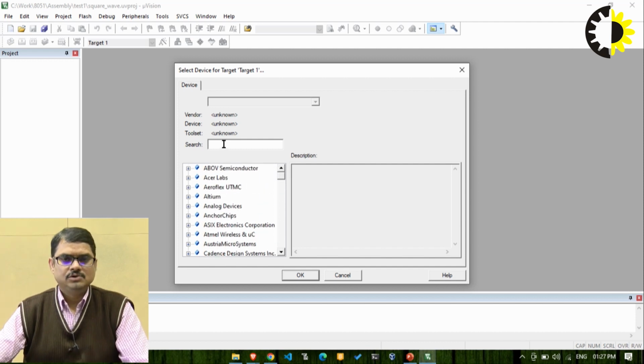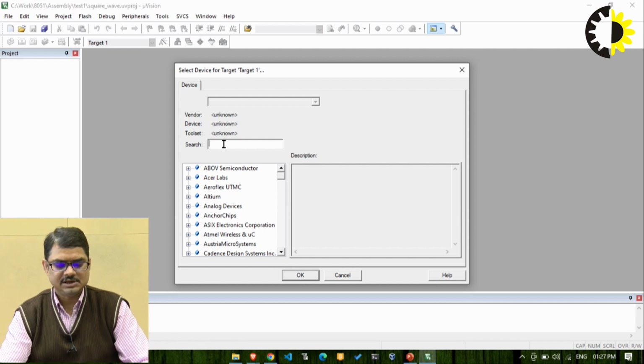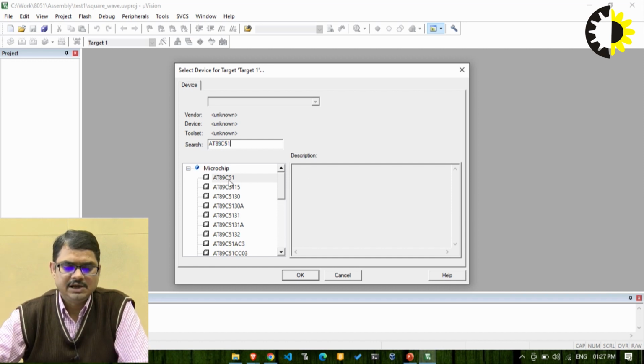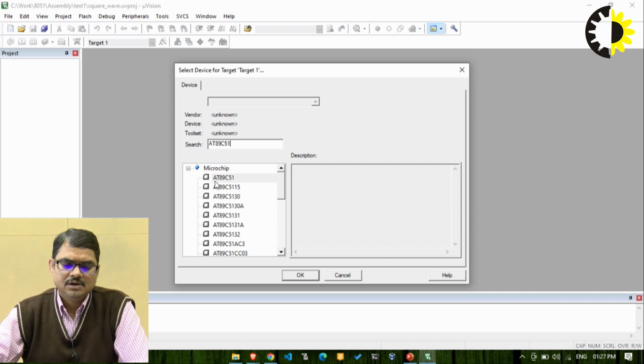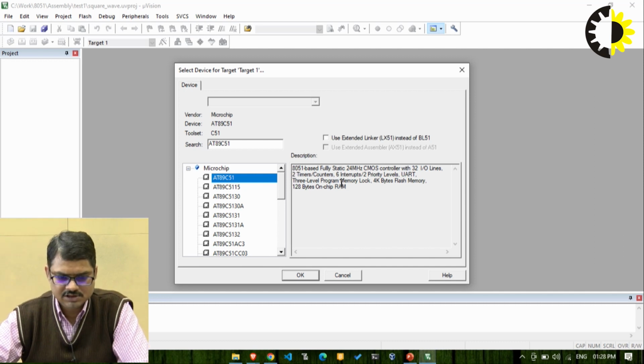So we are going to work with the 8051 variant of microcontroller, and this variant is from Atmel company, and the name of this microcontroller is AT89C51. So AT stands for Atmel, 89C51 is the series of microcontroller. Now this Atmel company is also known as Microchip because it is a part of Microchip. So here you may be able to see the name Microchip instead of Atmel. So I am selecting this AT89C51 microcontroller, and just after the selection I may be able to see the specifications